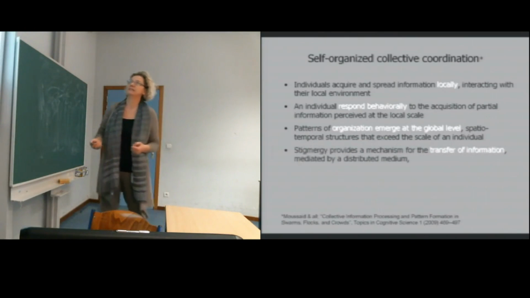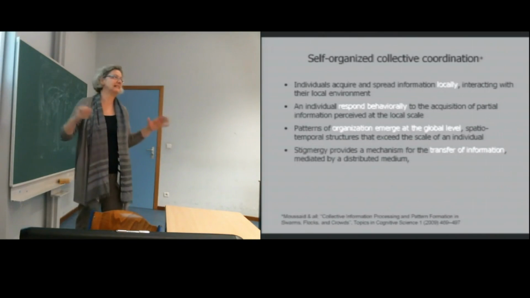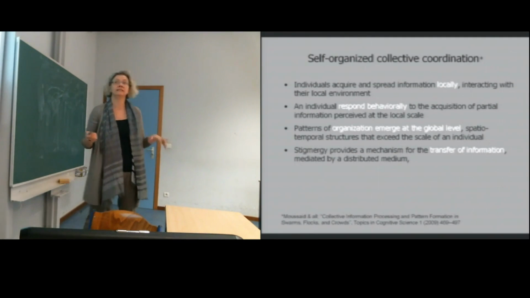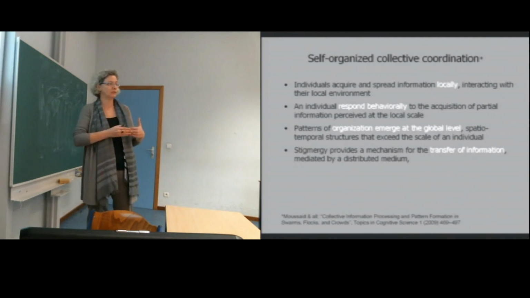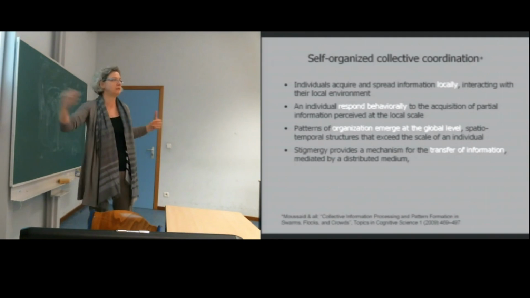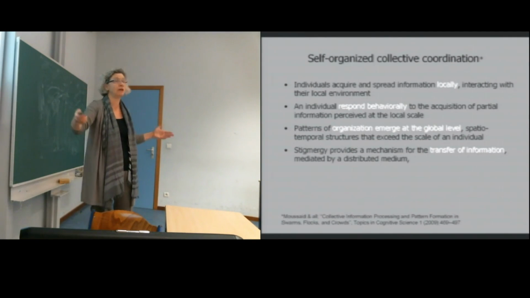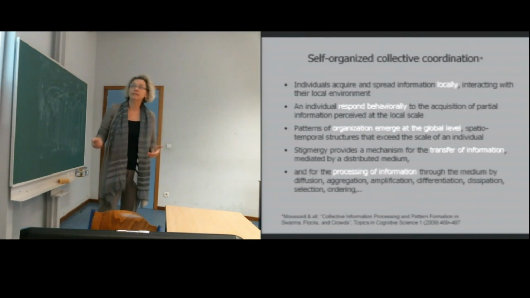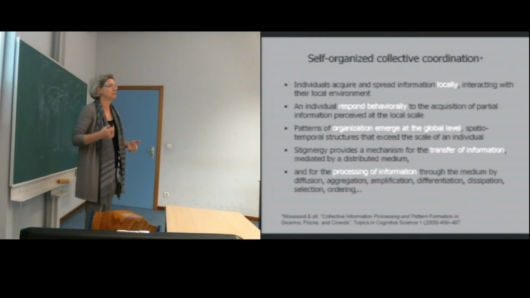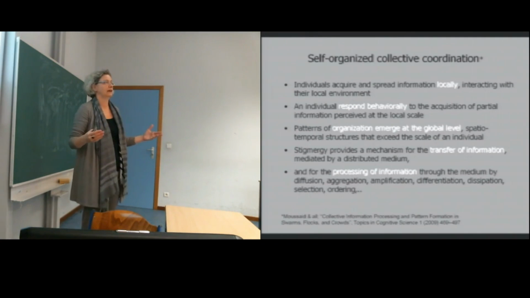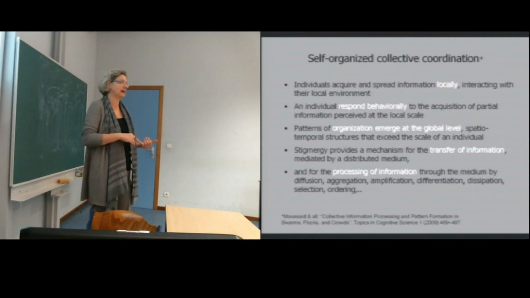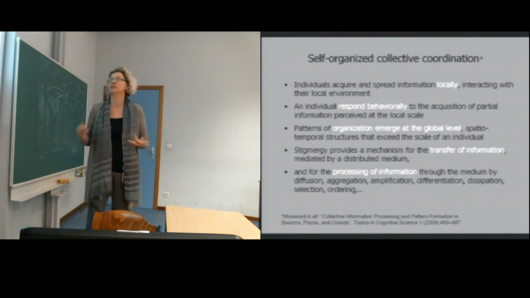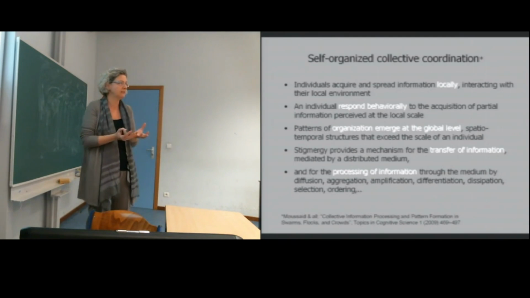Because they are temporal and spatial structures that exceed enormously the scale of an individual. And Stigmergy provides a mechanism for both the transfer of information, of how this information is transferred from the local to the global, and for the processing of information, which would be the offloading into the environment. Because the moment the medium can perform aggregation, summation, diffusion, differentiation, it's all happening in the medium, which means that it's not part of the cognitive